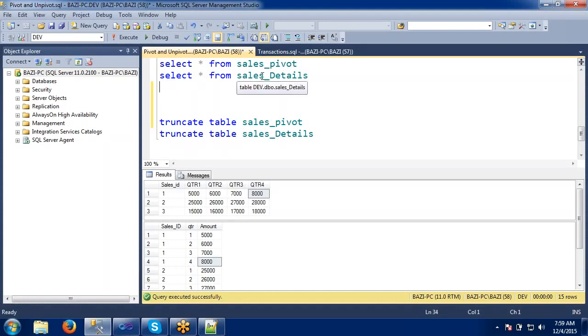Sales detail is pivoting the values and destination is sales pivot. Now I am doing unpivot here. So when I do this unpivot, what should be my source here? It is in reverse. Means I am converting these values here. Got my point? I am converting this set again into the original values.